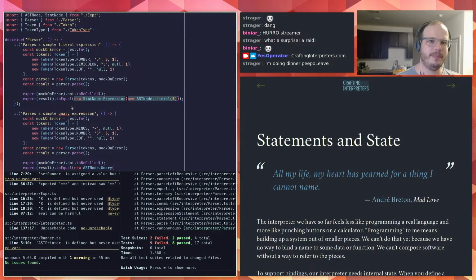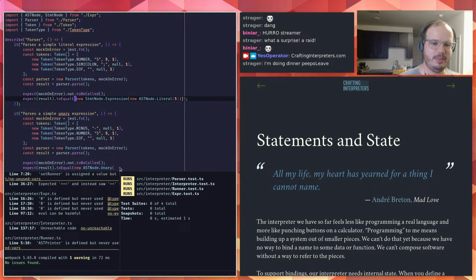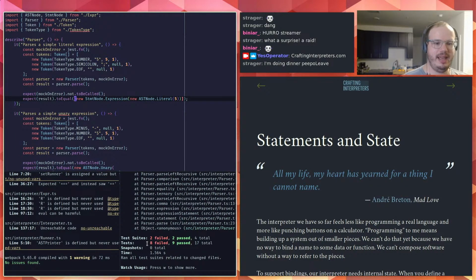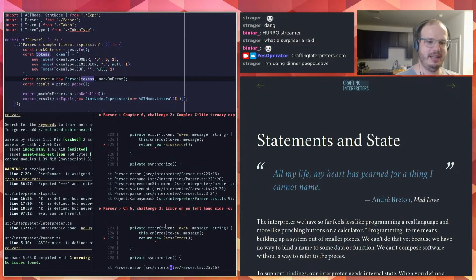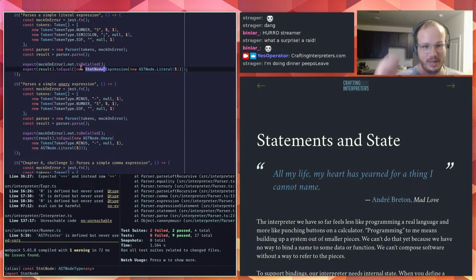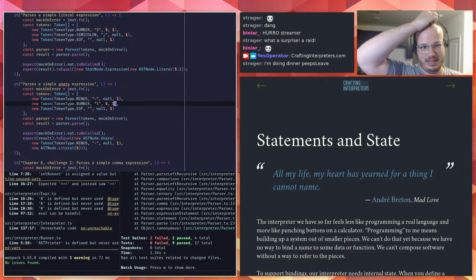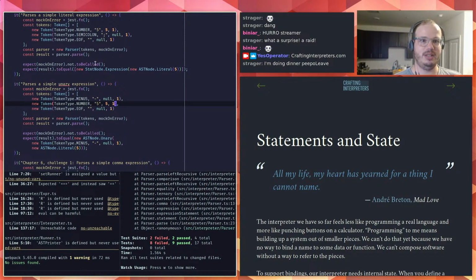So I think that if I wrap this in an array, when I hit save, this will go from 9 to 8. That's my hope. 9 to 8. Hey, look at that. Okay, next one. I think I just have to do this really boring transformation on all these tests now, which is to first add a semicolon. So let me save this because I'm going to put it everywhere.